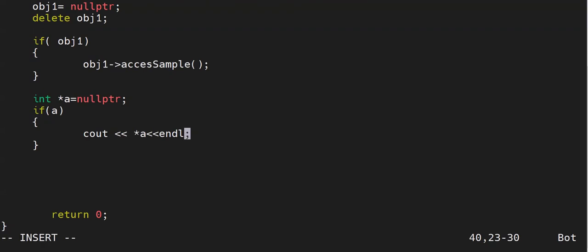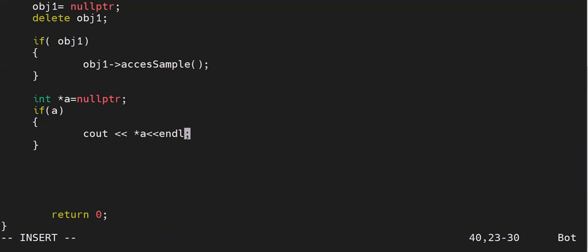There are a lot of other things, but the most important things when you're working with pointers are that you make sure you're not accessing null pointers, and whenever you're deleting your pointers, you assign them to null pointers. And as we have seen in the pointer arithmetic program, in the first program where we were incrementing the variable, we make sure our pointers are always pointing to valid memory. If you assign your pointer variables to some invalid memory, its behavior is going to be undefined. It could crash, it could do weird things with your program.